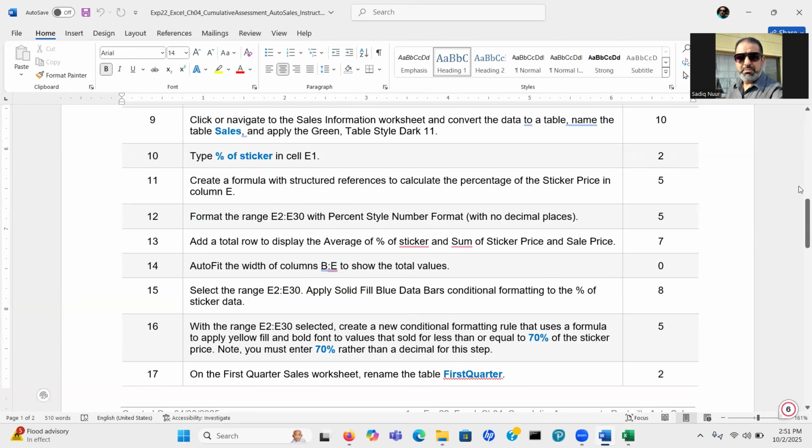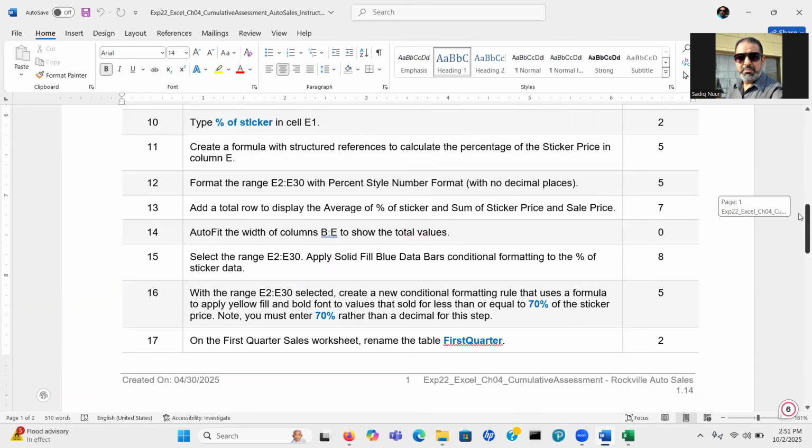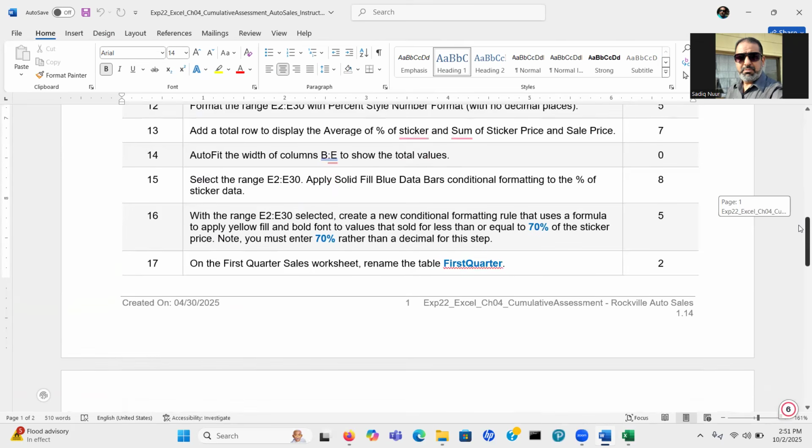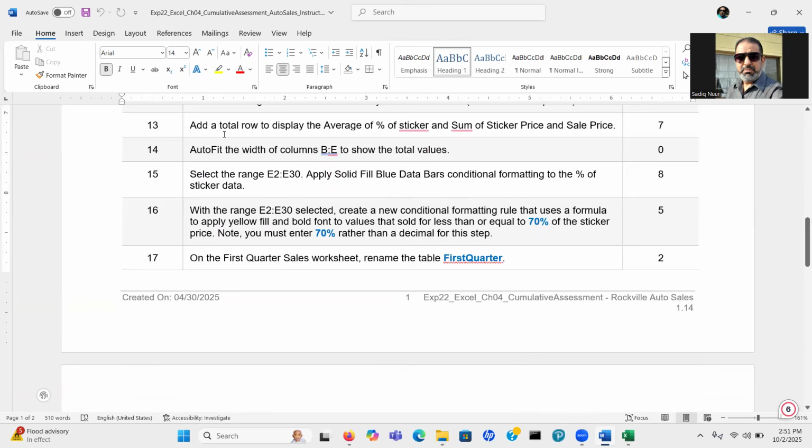So we're done with 11 and 12. Now we need to add the total row to display the average of the percentage of the sticker and the sum of the sticker price and the sale price.